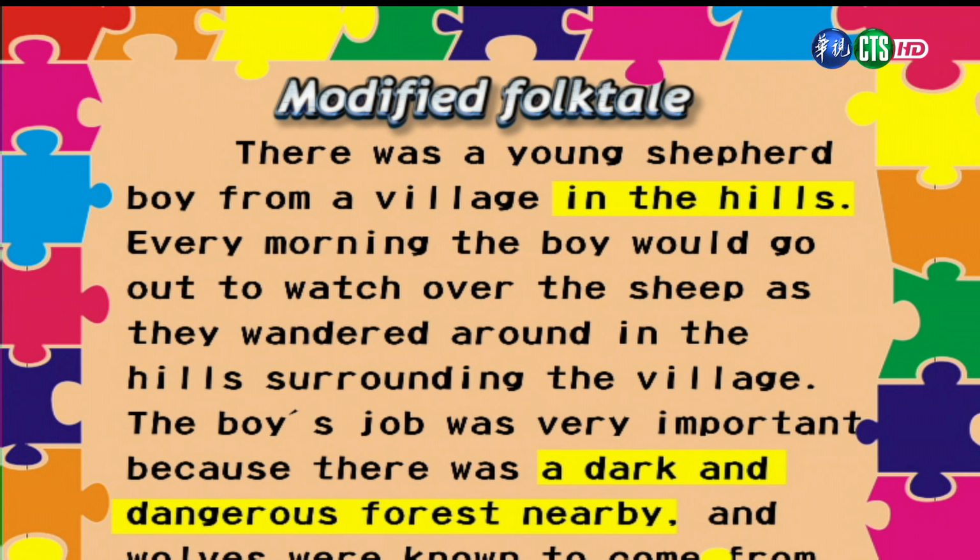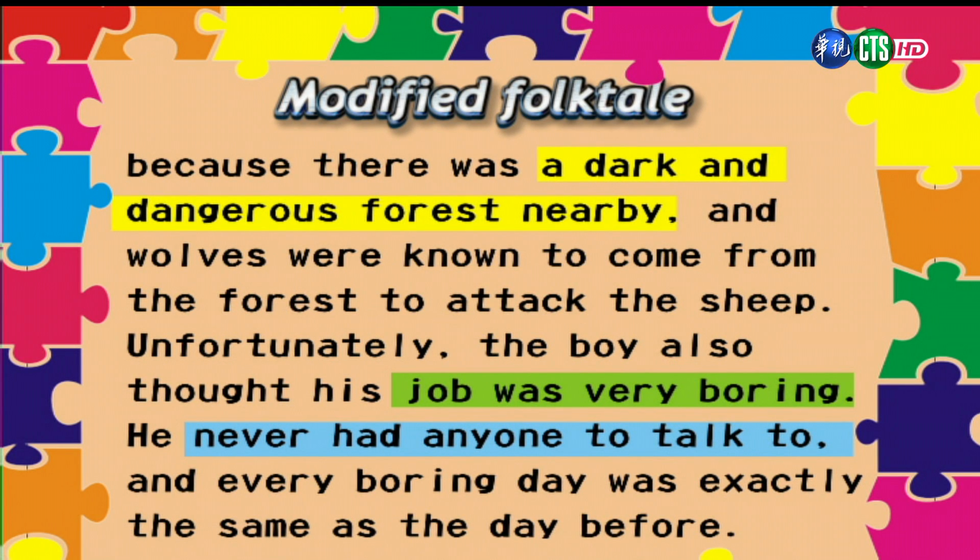All right, so now let's take a look at our writing model, our modified version. 好,我们现在来看一下,经过我们修改之后,一个新的版本的开头是什么样子的呢?And here at the beginning, we don't know the name of the village, but we do get some information about the setting. And so, for example, we learn that the village is in the hills. We also learn that there's a dark and dangerous forest nearby. 好,虽然这个新的版本我们还是不知道这个村庄的名称是什么,但是现在我们可以更了解这个村庄的背景了,包含这个村庄是在山里头,而且附近有一个又漆黑又危险的森林。